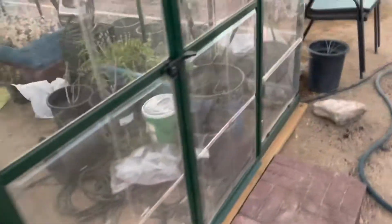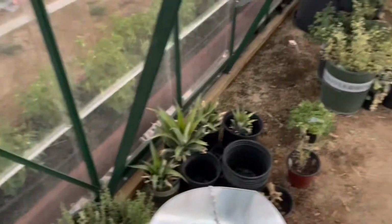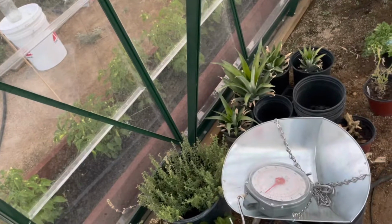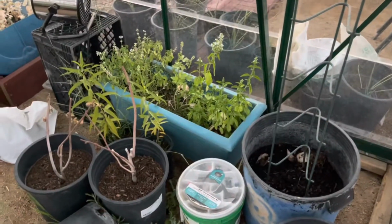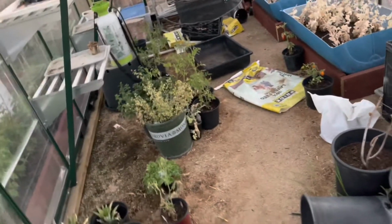We have lots of stuff still growing in the greenhouse. We keep it open during the day unless it's windy. But I've got herbs that are in here and some pineapple plants from store-bought. I took the tops off and planted them. We've got some mullein or mullein, I'm not sure how you pronounce it. Some more herbs over there, some fig starts, some tomatoes that I never got planted, didn't have enough room and couldn't